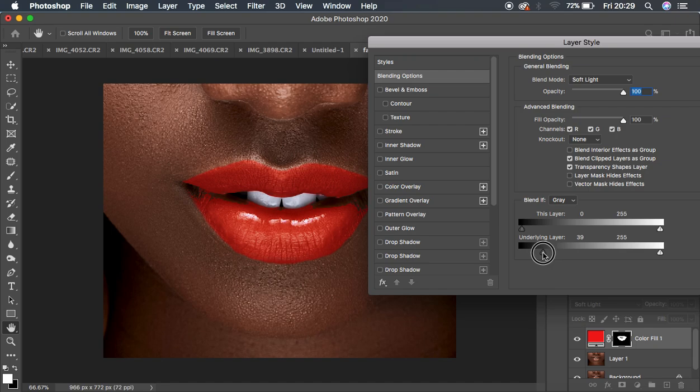And after doing that, simply hold down the Alt key on the keyboard and try to split these two, just like that, until you feel like you have a shadow that looks really somewhat realistic. I think that looks fine. Then I want to do the same for the highlights of this image. So you're just going to come to the highlights right here and move this towards the shadow area, just like